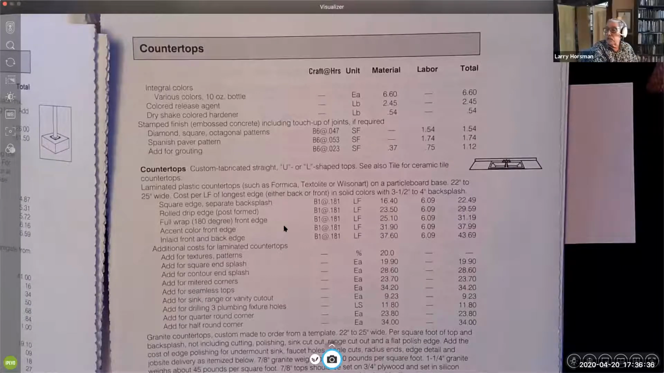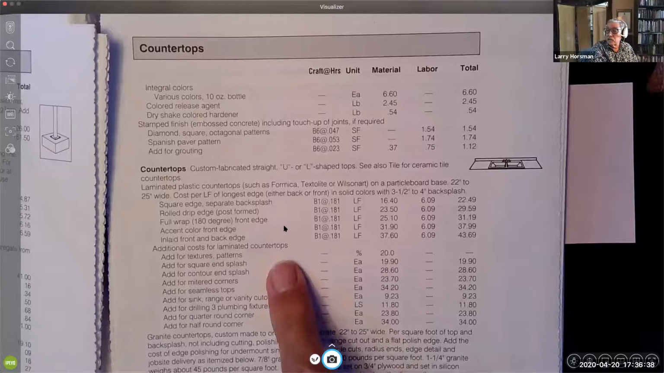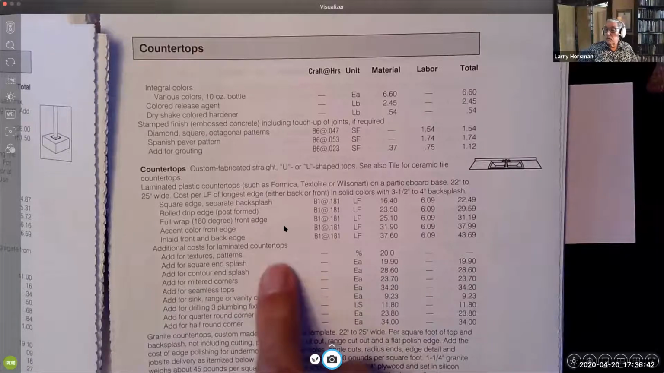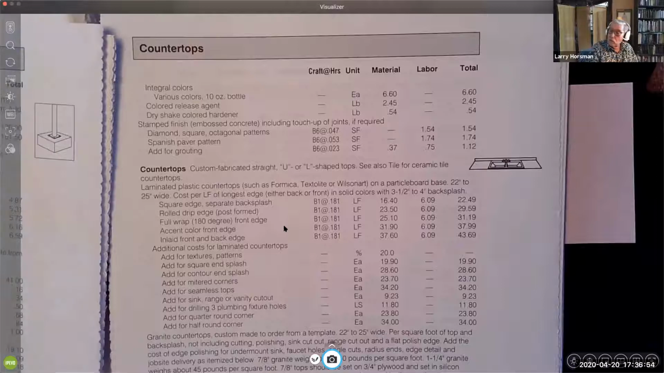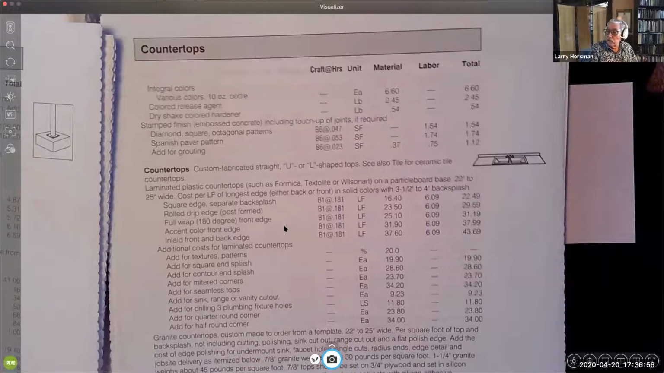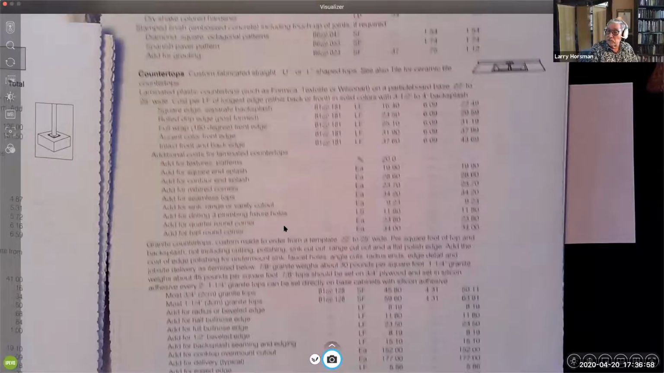Additional costs for laminated countertops. And so all of these things are little extras. So if you want a half round corner or you want some special detail, those all cost you some money. Granite countertops are also listed here, and you may be able to find a deal with some of this stuff, but